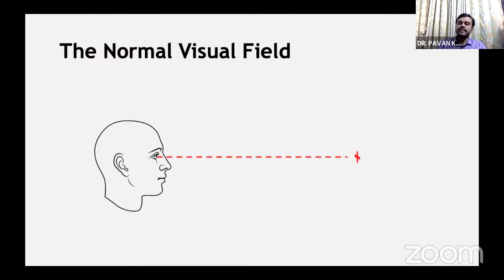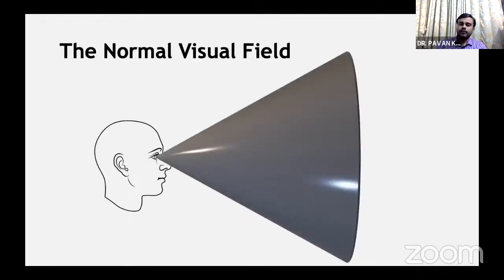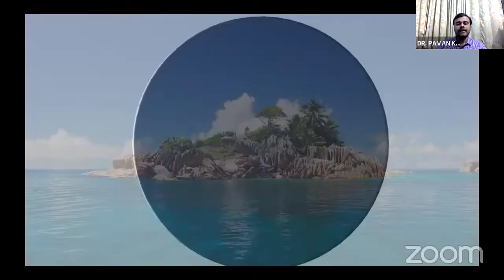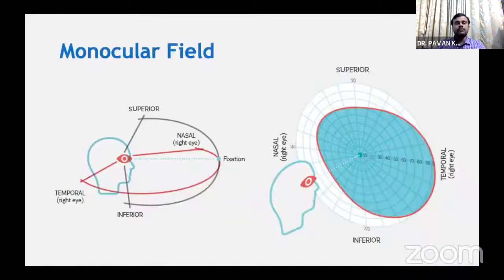What is a normal visual field? When a person fixates on a particular point, the amount of field seen without moving the eye or head at a single point in time is the normal visual field. This is defined as the hill of vision in the sea of blindness. For each eye, there is a monocular field which extends about 60 degrees superiorly, 50 degrees nasally, 60 degrees inferiorly, and 90 degrees temporally.